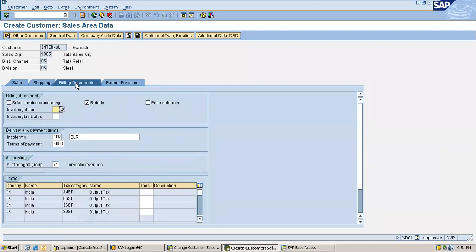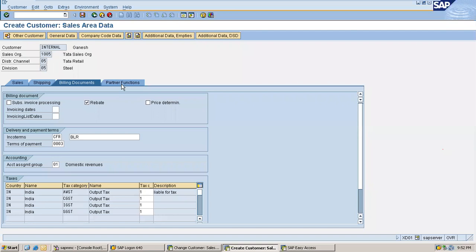The only thing you have to do is maintain tax classifications because tax information will be specific to the customer. Prasad and Ganesh cannot have the same tax classifications, though they belong to the same business. Okay. So though they are the same, you have to maintain it manually here. The system cannot copy tax information because there are chances of having different values. That is the reason it won't copy. You have to monitor and maintain it manually.